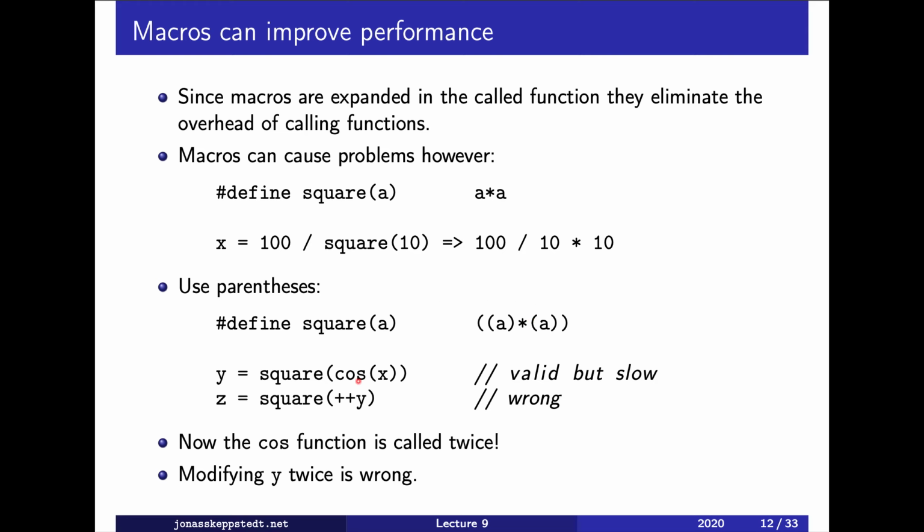Okay, so what happens now if we call square with cos x? Unfortunately, it will be computed twice. If square had been a function, cos would have been evaluated before calling the function, and then it would be twice as fast. Some compilers can recognize that cosine will compute the same result with the same input, but that's really not a good idea to rely on